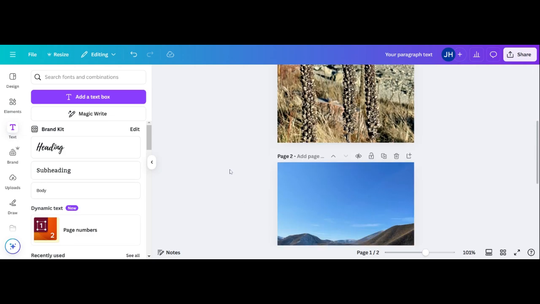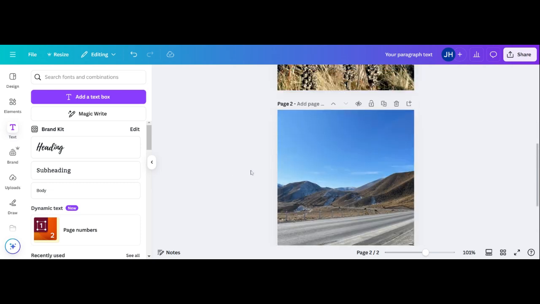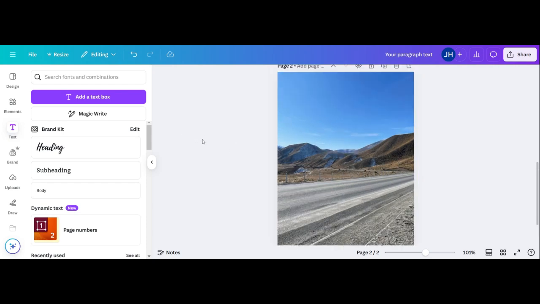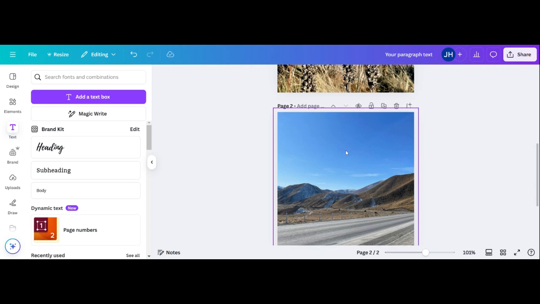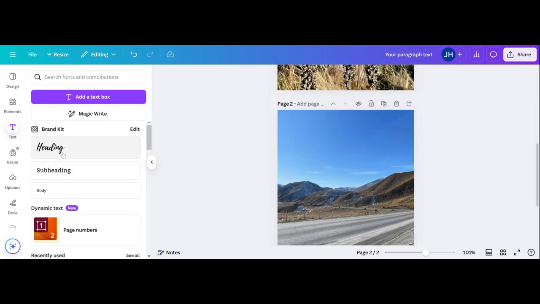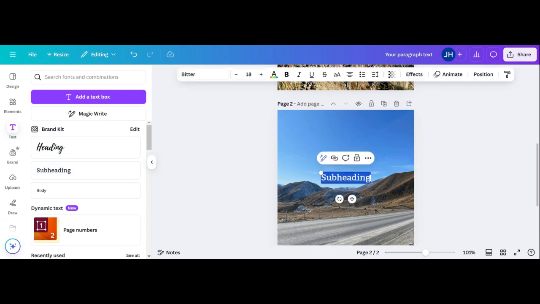So the next photo I'm going to go down to, it's just a plain road. We're obviously on a trip here. We're traveling through New Zealand, and I'm just going to pick some text for the photo. I want it to take up the whole space of the photo. So I'm just going to add a heading, and I'm going to use a quote here, and I'm going to type in